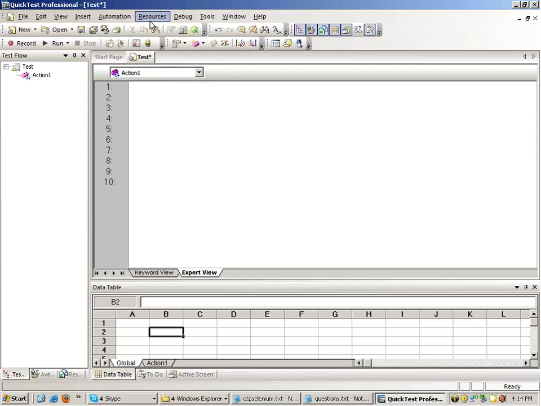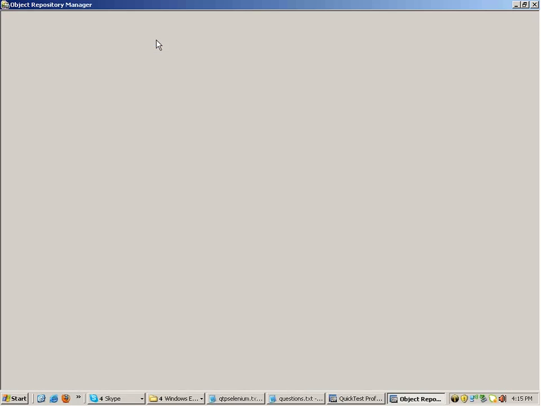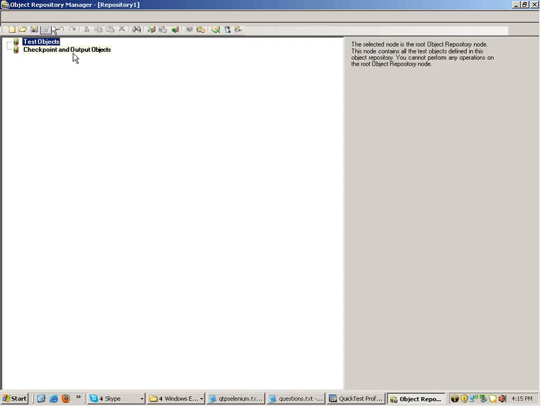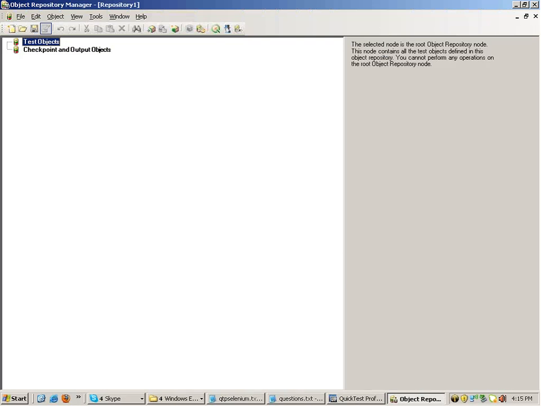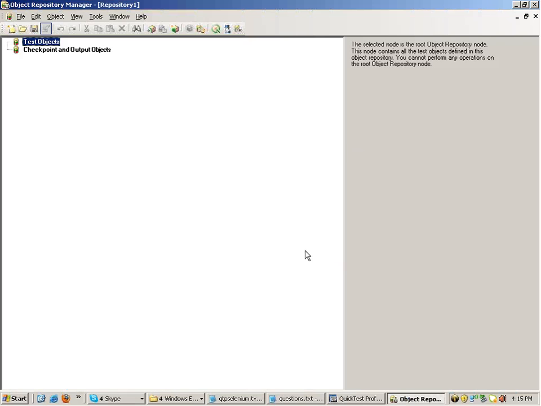And if you want to make a TSR file separately, you can go to Resources, Object Repository Manager. Fine. Once you go inside Object Repository Manager, you'll have a window like this, wherein you have the regular object repository features. You can add the objects by clicking over here and keep on adding objects, and in the end save this file as a TSR file. Fine. I'll just show you that, for example,